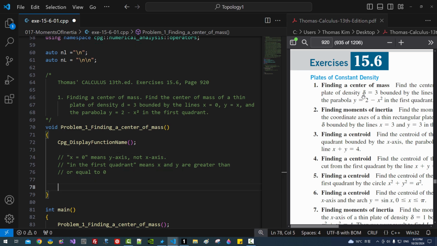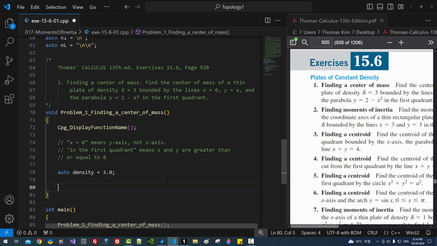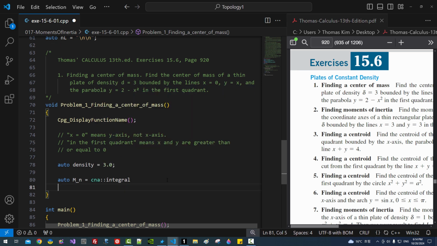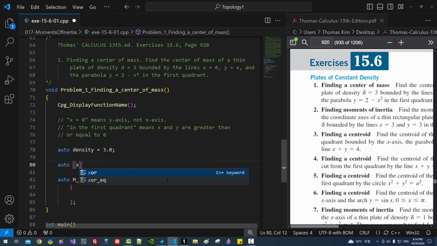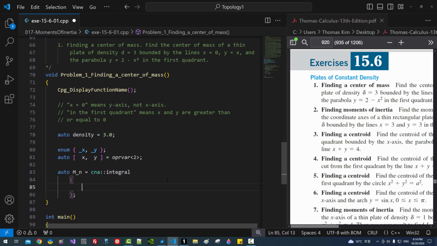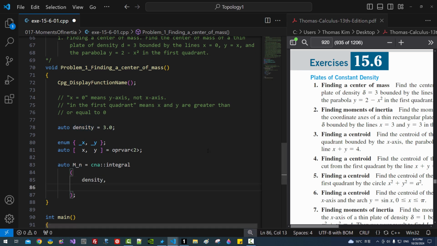The density delta equals 3. So, overall density 3.0. Then we define the mass integral, and we need the overall x, y, the limits, and I aligned them like this. So we are computing mass. We need density, then